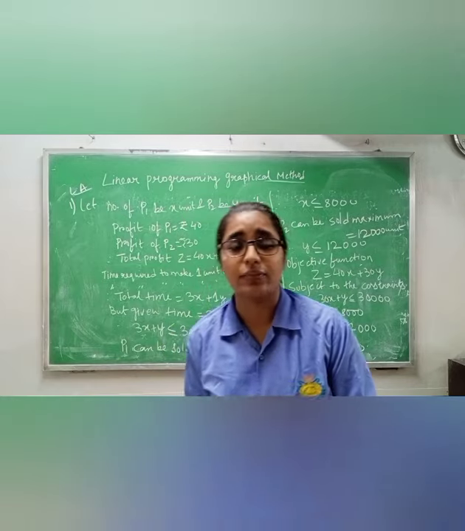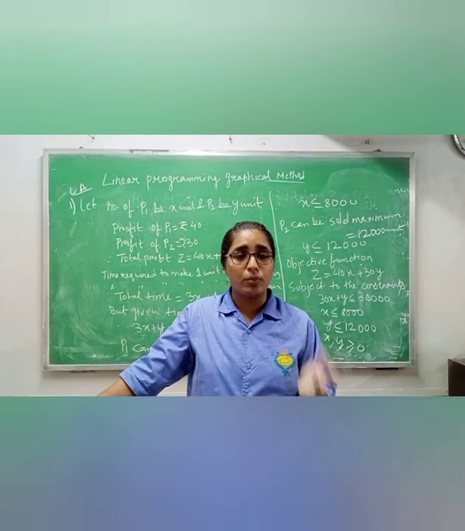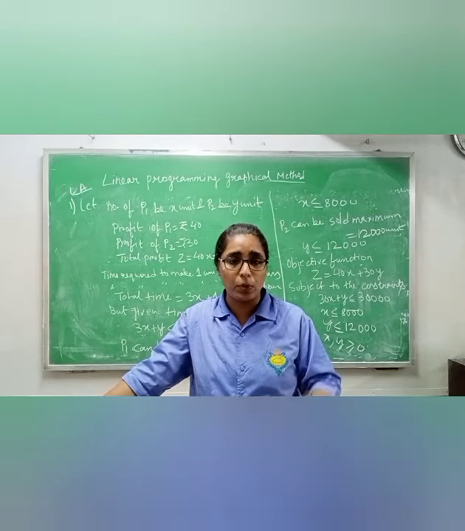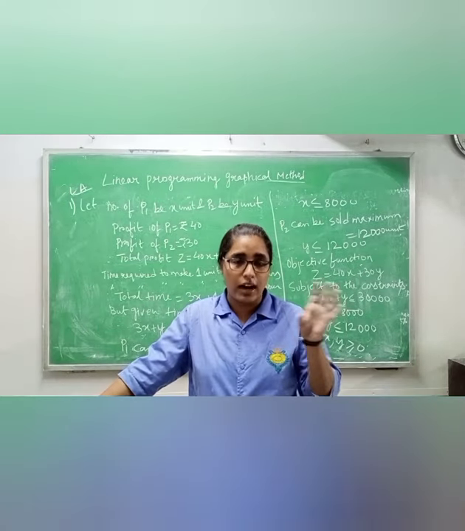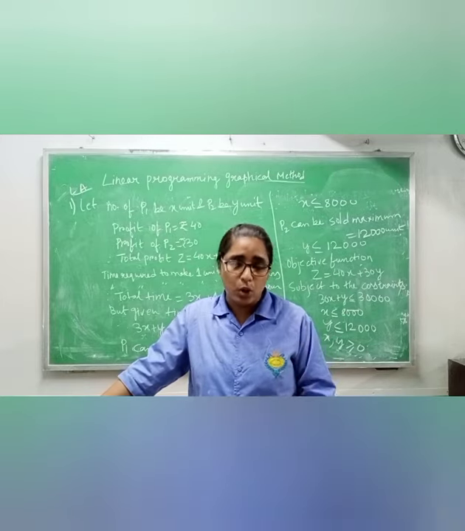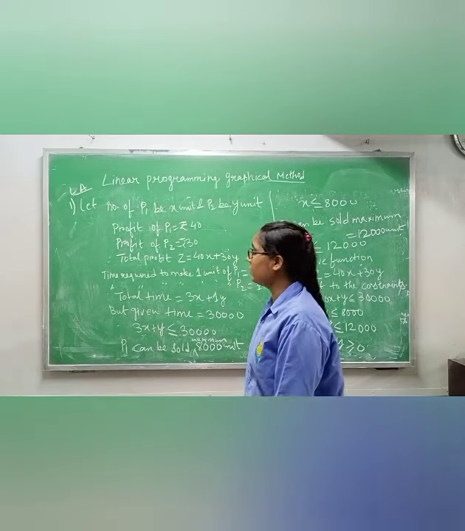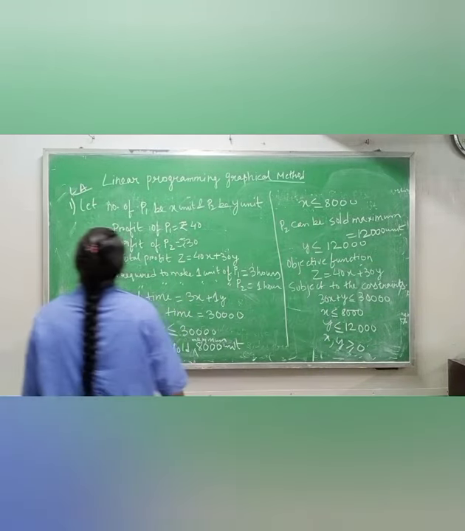So in this question they are first telling you to formulate, means find the constraints and the objective function, as well as you have to plot it on graph paper, means you have to make the graph by your own and plot all this. Okay, so first of all let us start making the formulation.